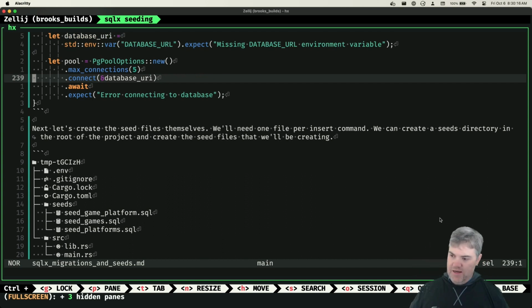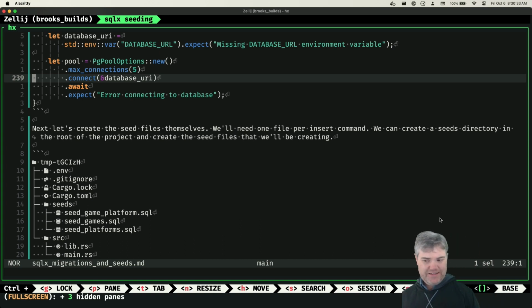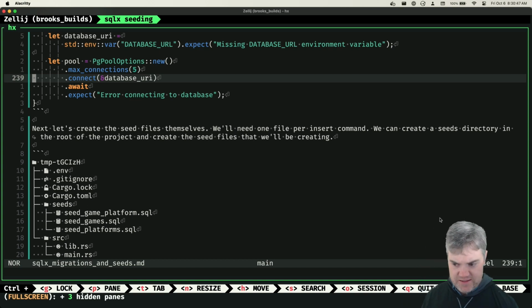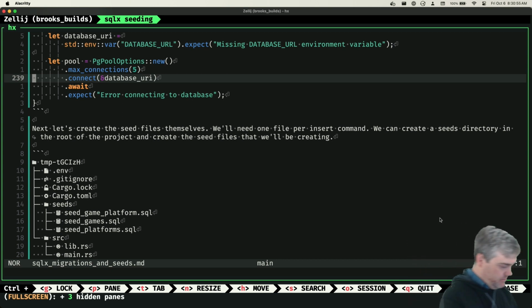I'll create the seeds next to it though, as a separate sub module library, and then you can run that separately. I'll need to remember how to run a specific program on its own, but I don't think it's that hard. I think it's something like cargo run, and then dash dash target, and then the name of the module or the crate. I think it's something like that. We'll figure it out. Anyways, that being said,